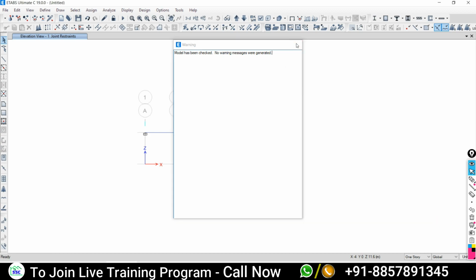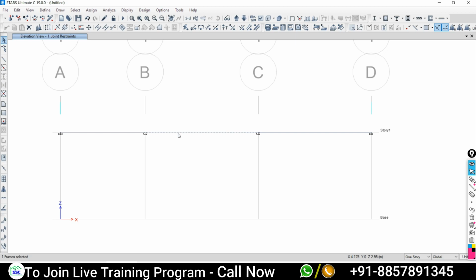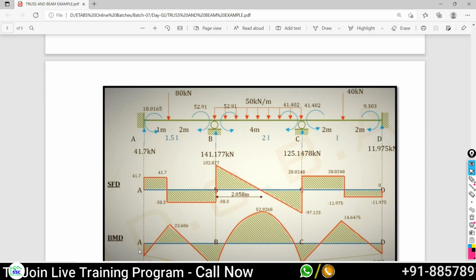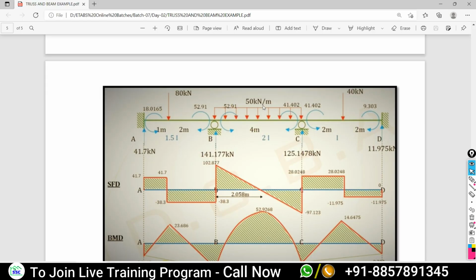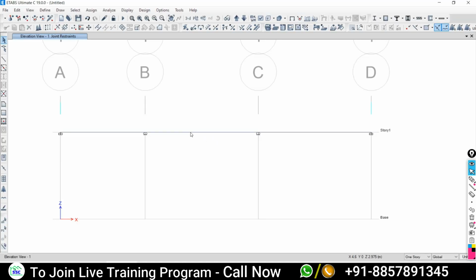Now close this. Now select the intermediate frame. What kind of load is there? A uniformly distributed load for the mid span beam, 50 kilonewton per meter. Can anyone guide me how I can assign this load?